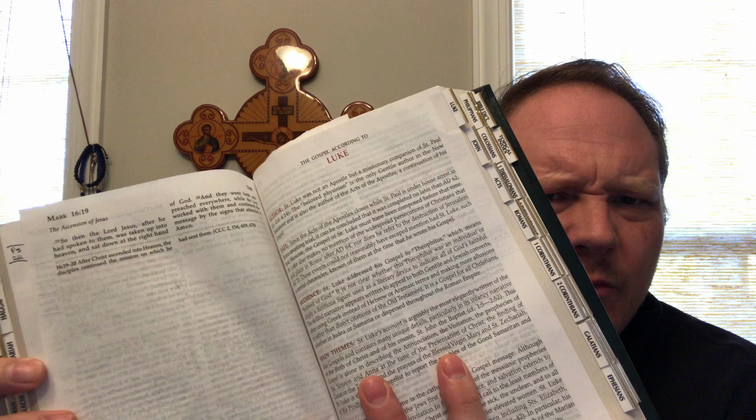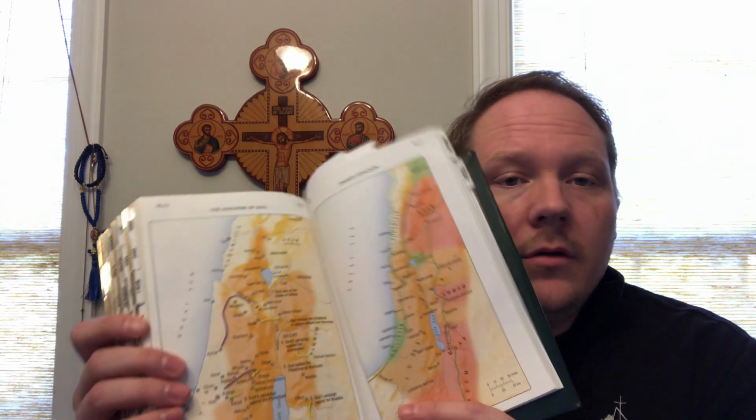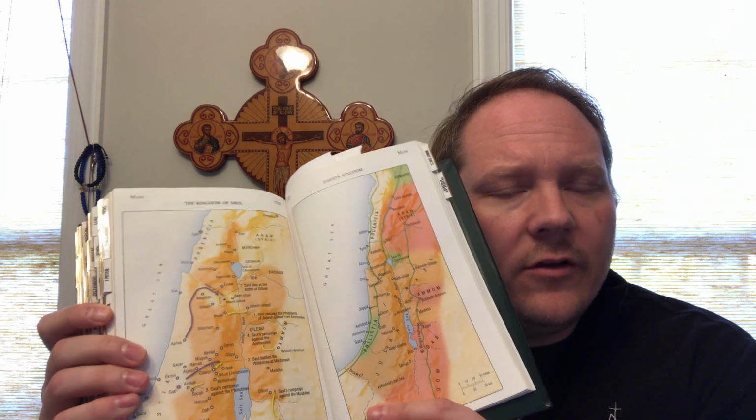It also has a summary at each book. It has a summary of that book. So in this case, Luke. I don't know if you can see that, but it's got a summary. It's author, date, audience, who it's writing to, the main themes, things like that. It has beautiful maps, so you could add a little bit of context map-wise in there. It also has a glossary of terms, obviously, and